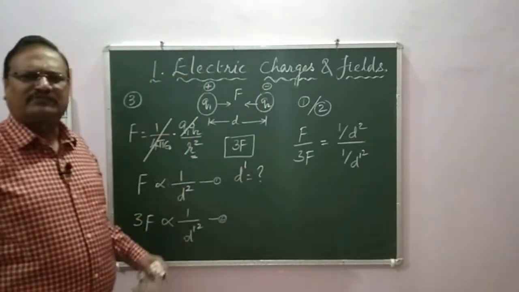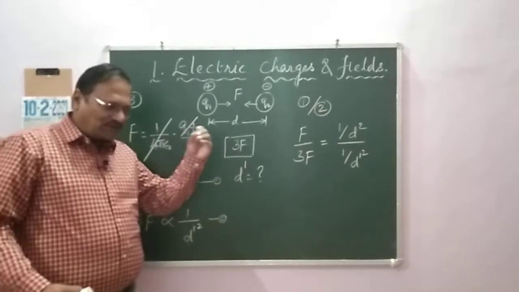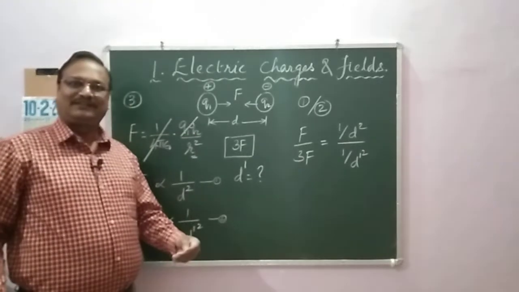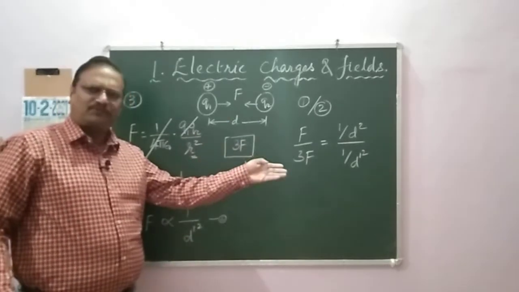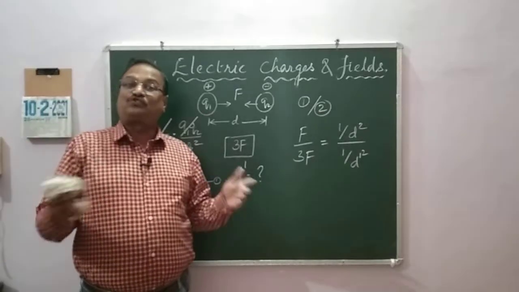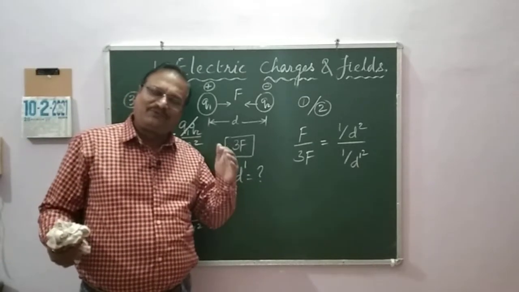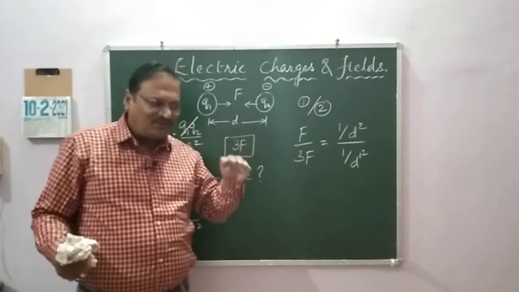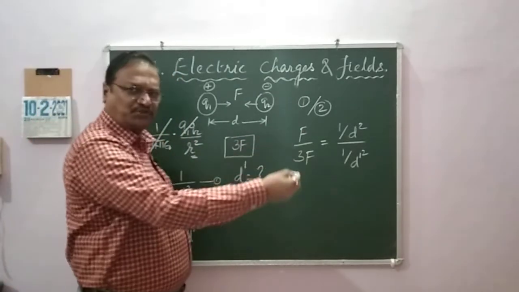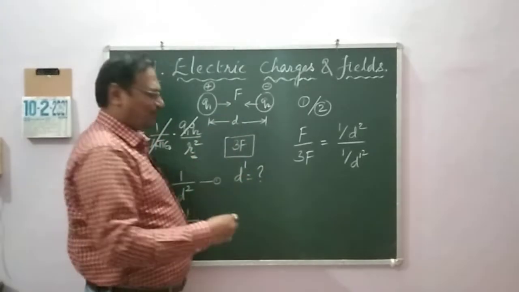It may look cumbersome, I am doing it a little enlarged, do not worry. The more steps you take, the less the possibility of errors. So you apply more steps, nothing will happen. The board is giving you paper which is free of cost, right? You are not paying money for it. So why don't you give sufficient space, apply the steps so that the examiner checks it, and if somewhere there is a mistake and it is only the end mistake, they will give you marks for the steps also, right?